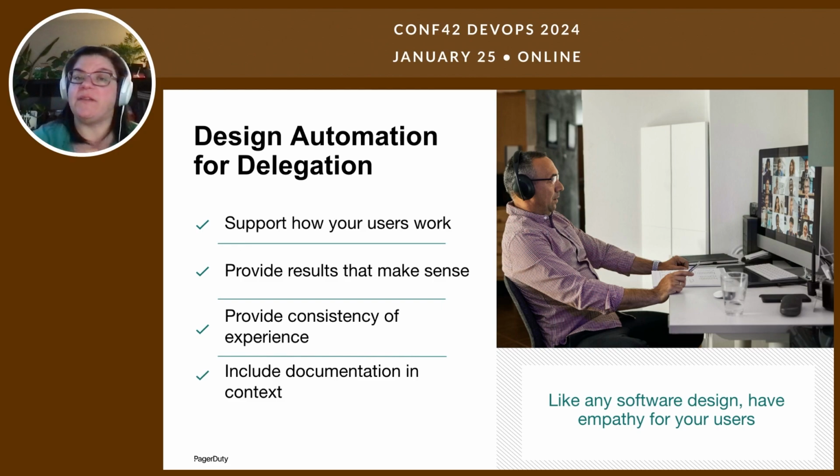And like I mentioned before, this leads really well into folks that are on a platform engineering journey, right? We are designing for delegation to another team. And part of that is going to be supporting how our users work. Knowing that some of our engineering teams are super comfortable on the command line, some of them aren't. A lot of them really just want to log into a web page and click a button, or maybe they're working in something like Backstage and they want a module there, or they want things in a certain place so that stuff is super easy for them, and that's great, but you need to know that and think about it.